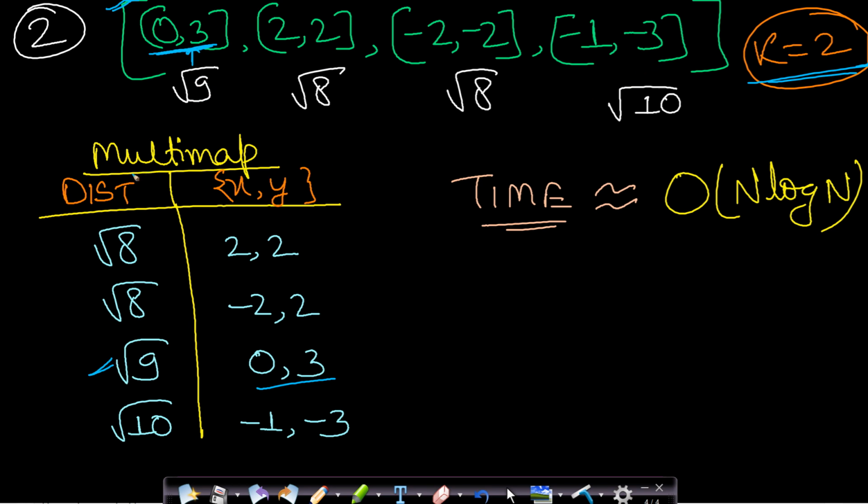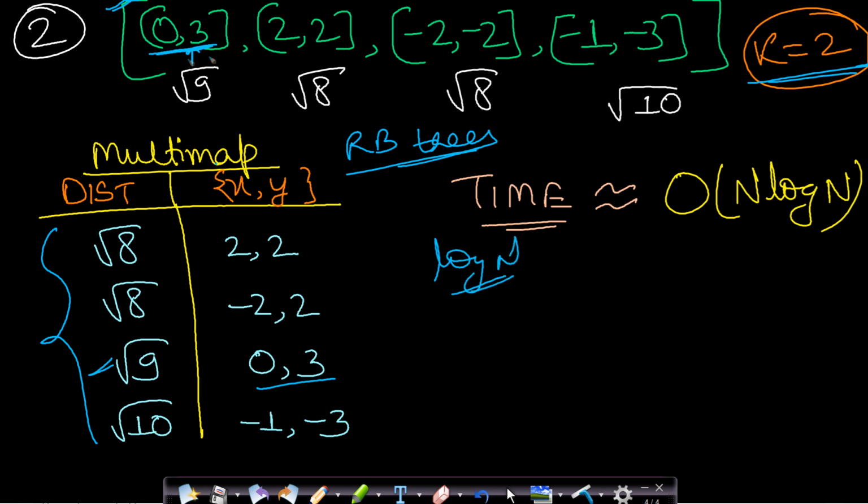Now a multi-map actually keeps everything sorted in ascending order. This is by default. So internally a multi-map is implementing red black trees, and the operation on red black trees is log n. Therefore, for inserting these n points, you will take a total time of order of n log n.